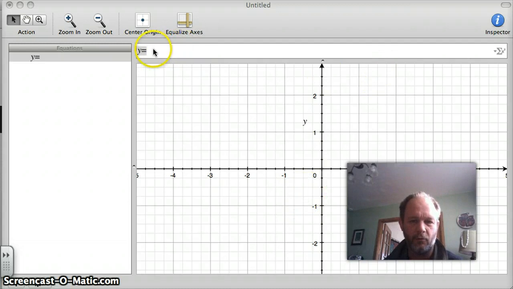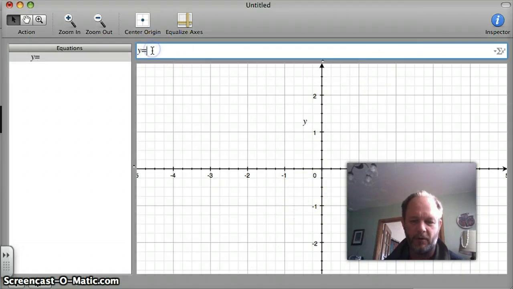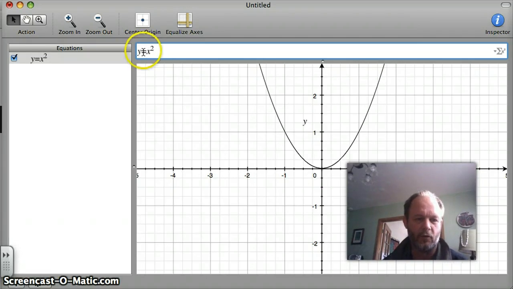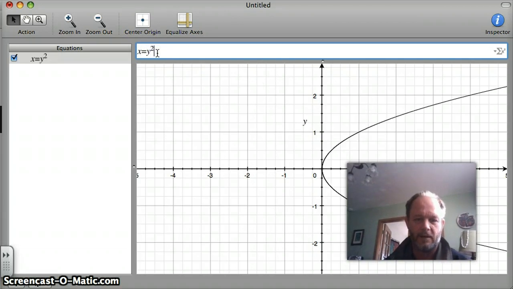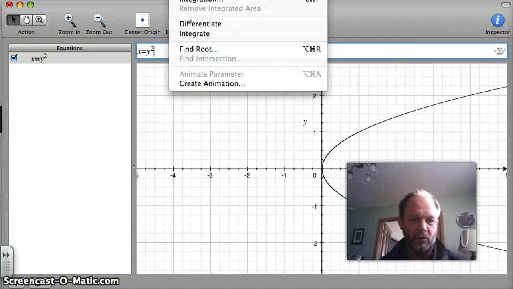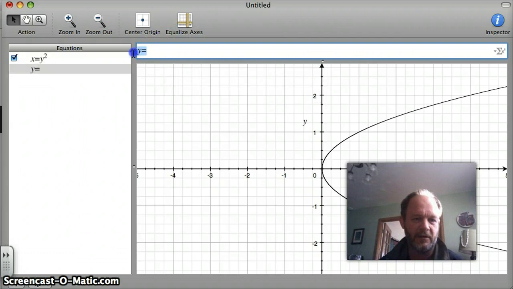All right, so what I'm going to do right away is originally just put in what we might teach in math class, which is y equals x squared. Gives us that. Of course, we know the inverse function of that is x equals y squared. I'm losing some of the possibility up above here because I've taken my screen here. I'm going to go up and add equation, new equation, and add basically